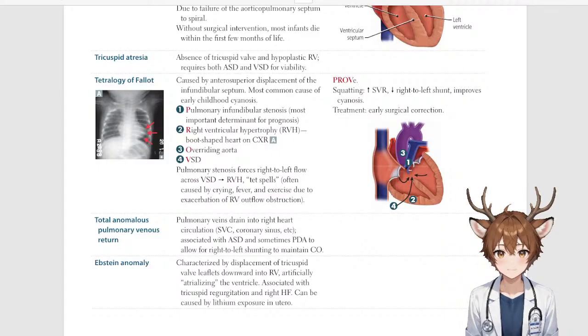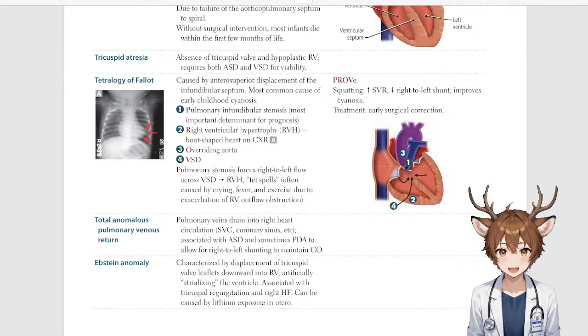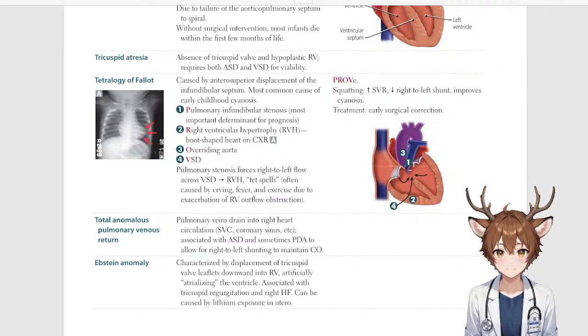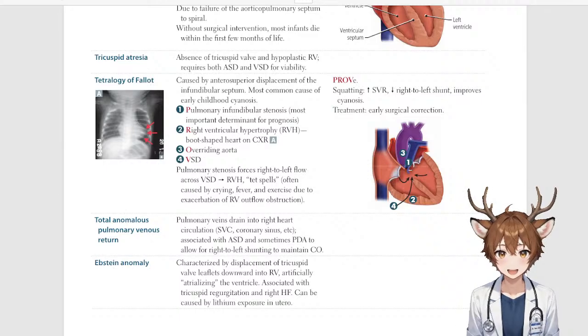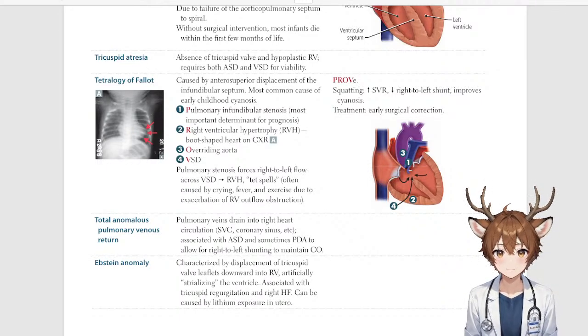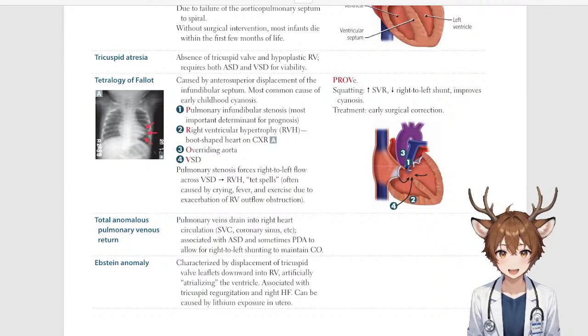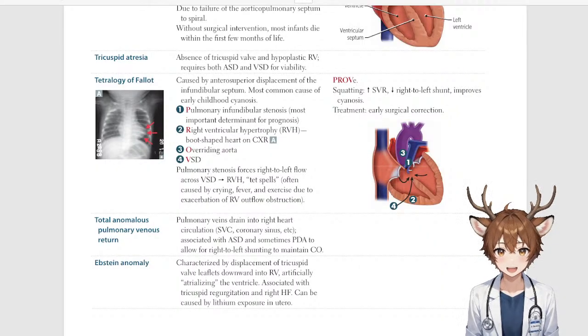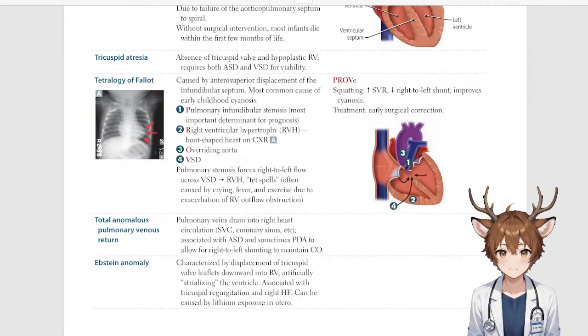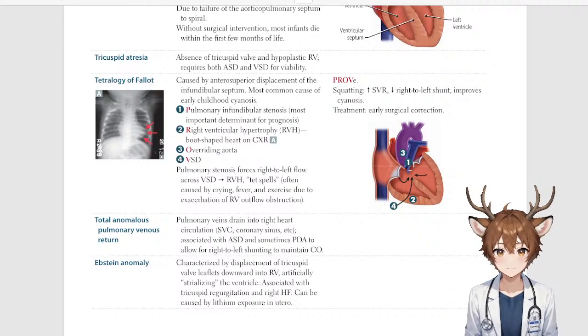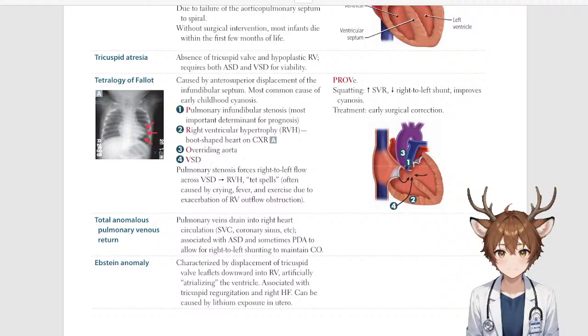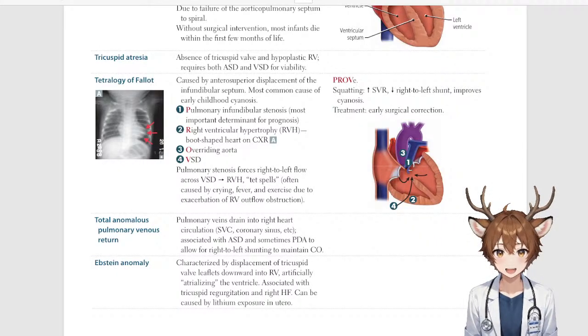And so the reason they call it tetralogy of Fallot is because there are 4 different things going wrong at the same time. Pulmonary stenosis forces a right to left flow across the VSD, causing right ventricular hypertrophy. Tet spells, often caused by crying, fever, and exercise due to exacerbation of the right ventricular outflow obstruction. PROV, this is a mnemonic, P-R-O-V. Squatting increases the systemic